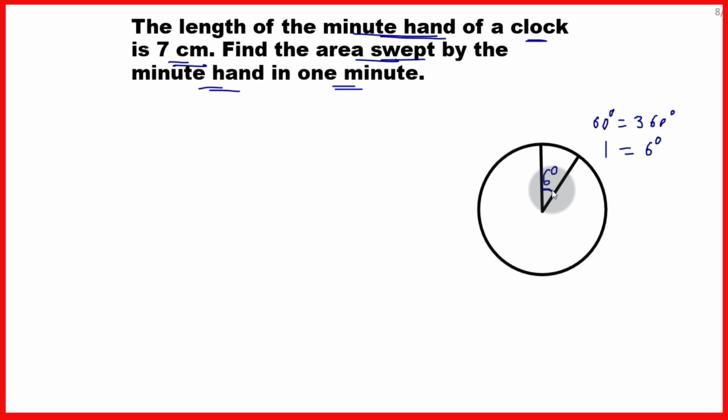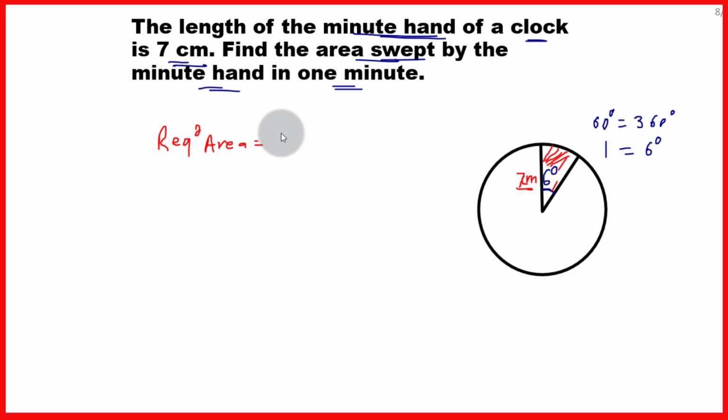So this angle will be 6 degree, and we have to find the area described by this minute hand in 1 minute. So this area you have to find, and it is given that the length of the minute hand is 7 centimeter, and so the required area